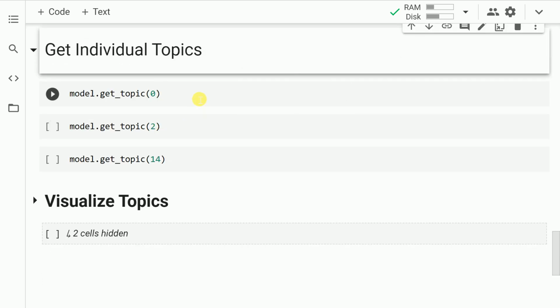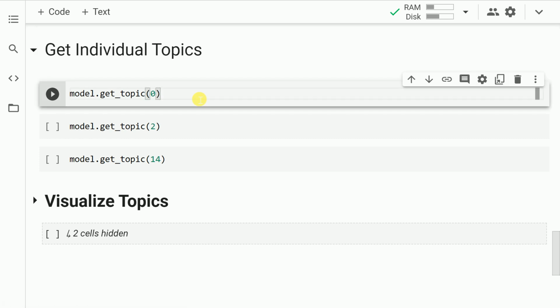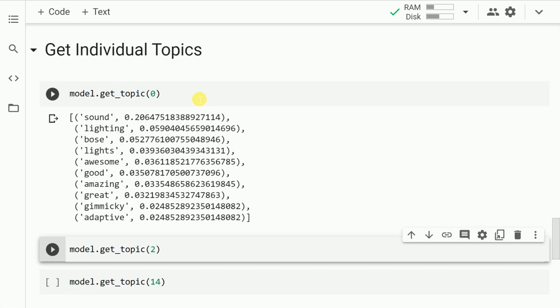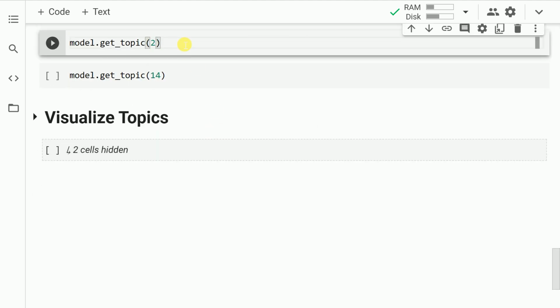Let me show you the constituents of the first topic. So let me run this cell. So these are the words which constitute the first topic. So you have words like sound, lighting, Bose, lights, and the others which constitute the first topic. Let me go forward and show you the third topic.